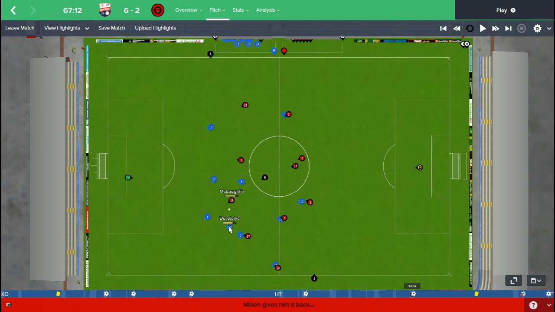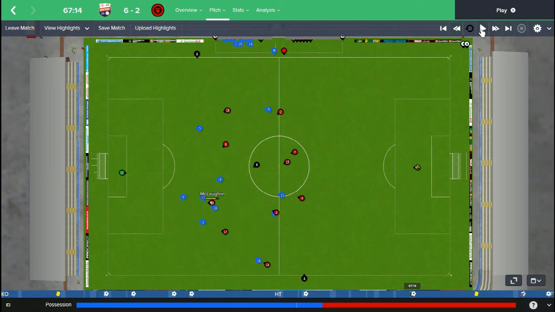Our deep line playmaker is completely out of position here. He did go to tackle this guy. He didn't particularly need to because our right back was making an attempt to tackle him. Personally, I would have probably liked to have seen this deep line playmaker move into this position here, just so that he could be in a position to make a tackle on this guy straight away. So if we play on a little bit further, he does go across to try and make a tackle on